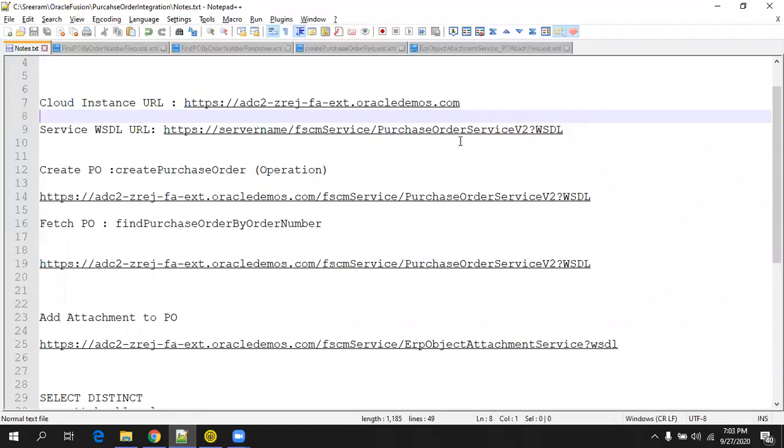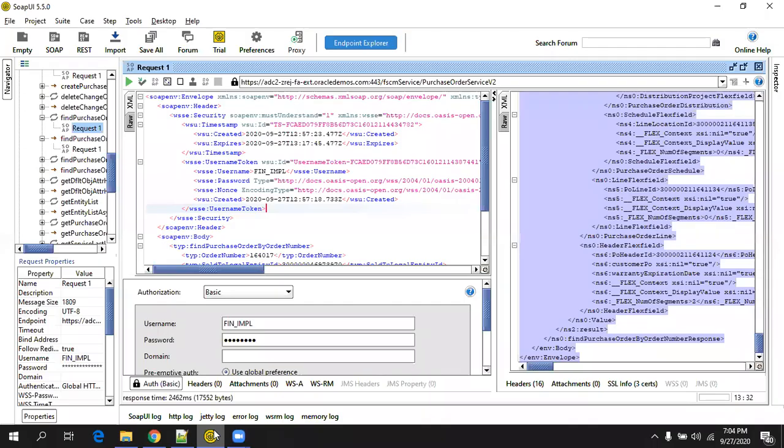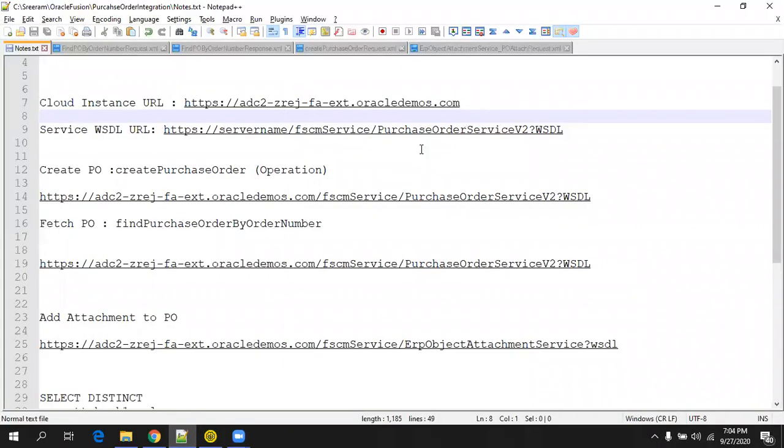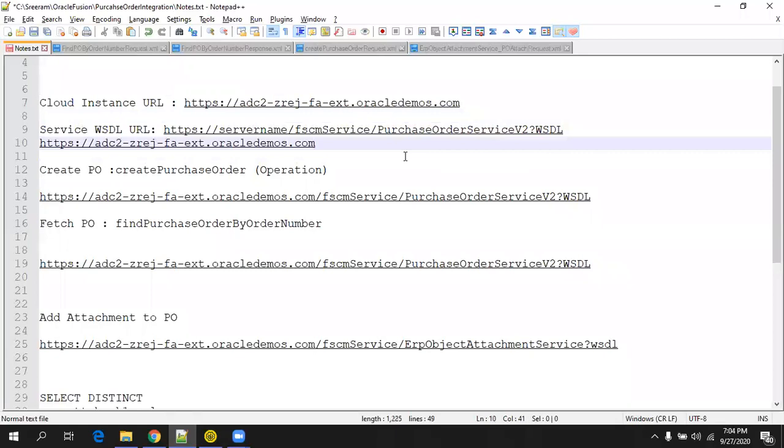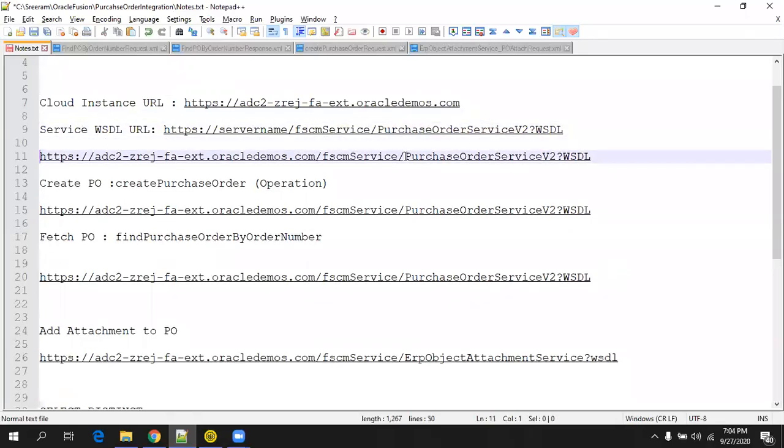Okay. So once you got the WSDL details, in our case, we are not doing an end-to-end integration. We just want to perform a single integration, nothing but you just want to kick the web service with some sample data and see how it works. So then what we have to do is go to the SOAP UI. In my case, let us say I'll just copy this one, and then the FSCM service. Now you got the WSDL of the PO.